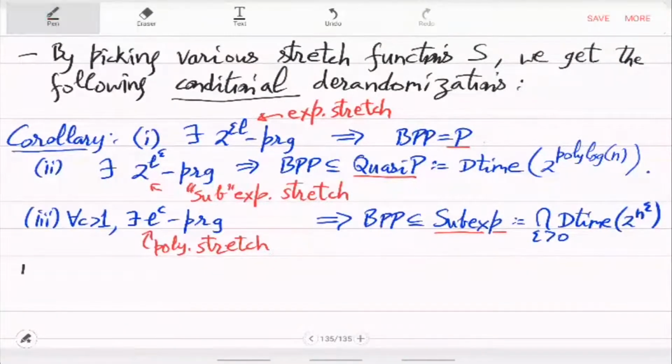So we will prove this quite simply invoking the previous theorem. It will also imply that for every C there is an L to the C PRG, and in that case you can put BPP in sub exp. Okay, so what is the proof of all this? The proofs will be similar. You just have to say what basically in this lemma that we had, what is S, what is L, and then look at the RHS. What is 2 raised to L? Okay, that's all. That's all you have to check. So we'll say apply the lemma.